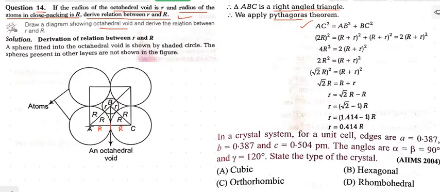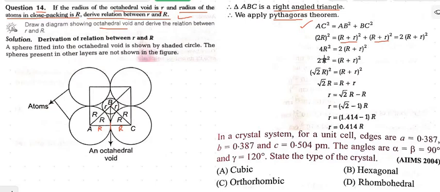And the distance from the nucleus to the surface, that is the radius of the atom, that is R. So if you are talking about AB, the distance will become r plus R, and similarly BC will also become r plus R. That is how it is written: r plus R whole square, r plus R whole square. Together it becomes 2 into (r plus R) whole square. Now 2R whole square is 4R square, which is equals to 2 into (r plus R) whole square.